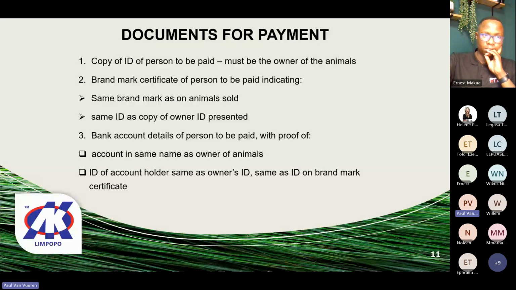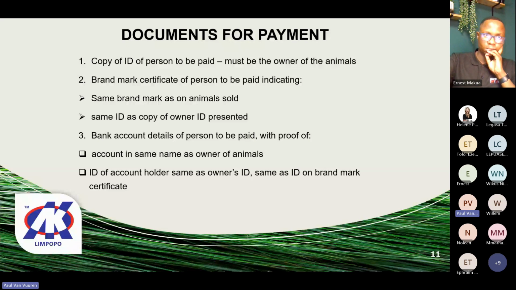Now, some of our clients say, no, you've got our transport documentation, we're not going to fill it in again. That's not correct. You have to fill in every new transaction, every time you take animals, even if you sell it out of hand, there must be an Article 6, Article 8, and you can use the